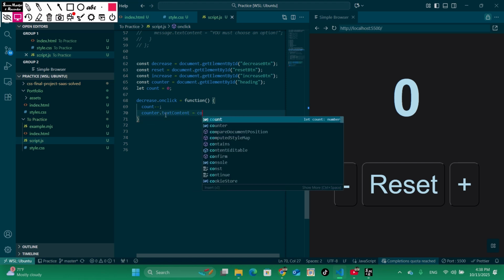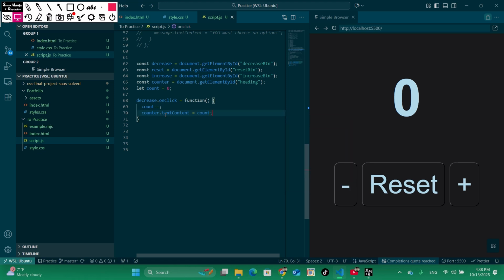I'm gonna display whatever the count is. Okay, so I think we have created successfully the first element of this program, which is to count down whenever